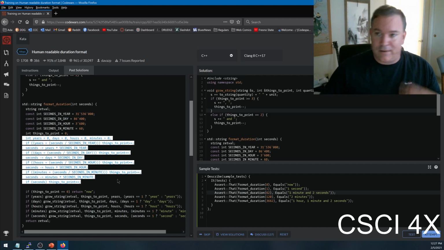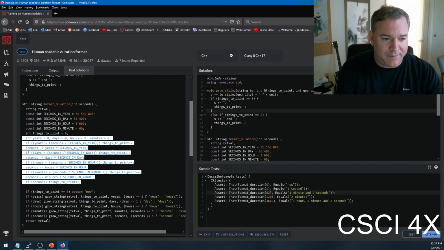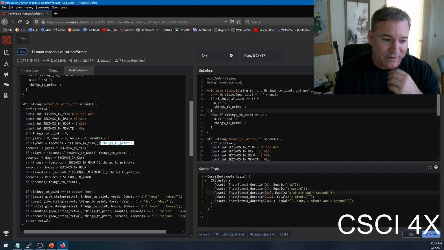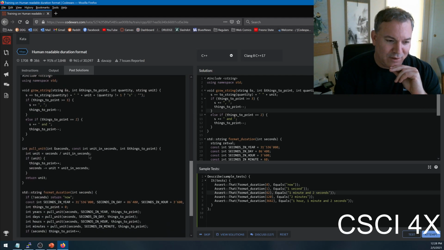So by refactoring it, I was able to get this, which has a lot of parentheses and equals and minus equals and times and things like that, and plus plus. Like this is a pretty gnarly line of code there, right? This has an assignment inside of an if statement after a division, and then if that assignment was true, in other words, something happened, then it increments things to print. Like there's a lot of stuff happening on that one line of code, and so I refactored it to just